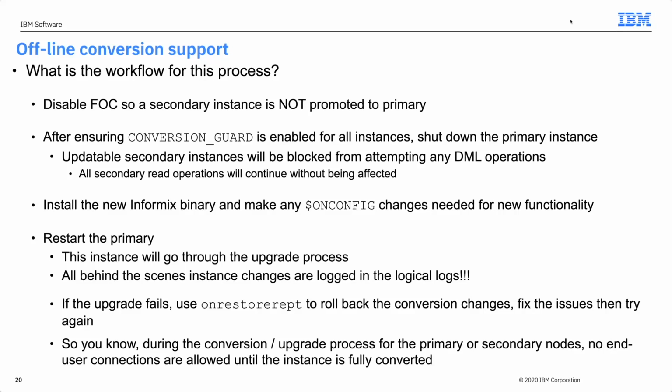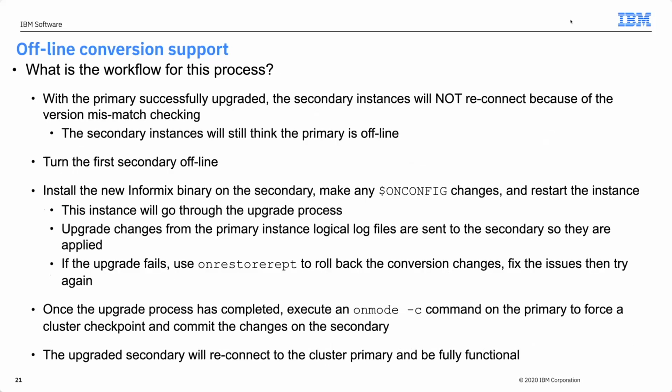Any changes that occur in either the system tables or the data tables will get written into the logical logs, and then the primary will come online. Now, the secondaries will not connect to this primary because of the version mismatch that exists between them. So your secondaries, which through this whole primary upgrade process have been able to support reads, will remain in their original state. Once the primary has been successfully upgraded, then you will turn off your secondaries one at a time,